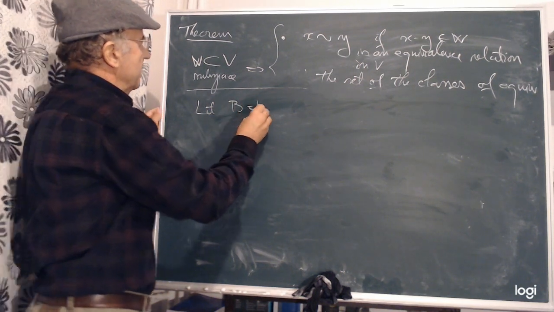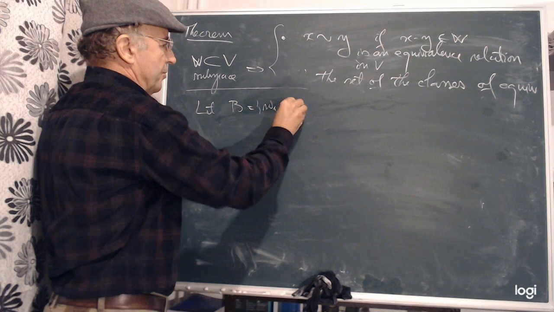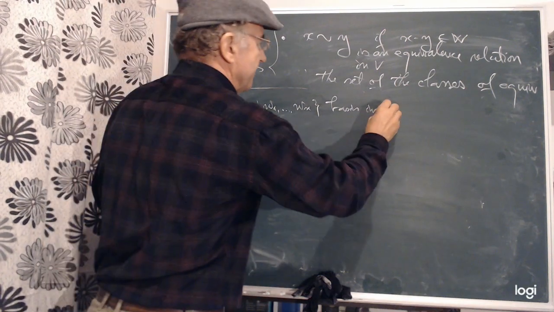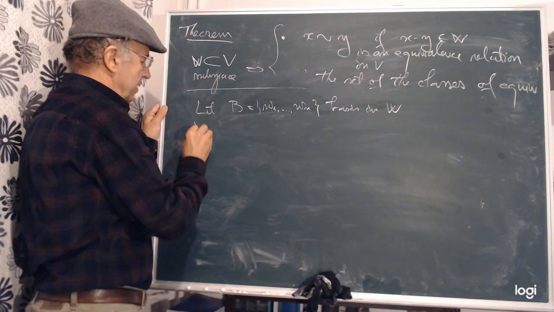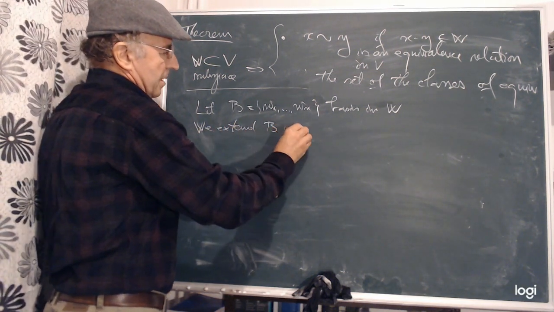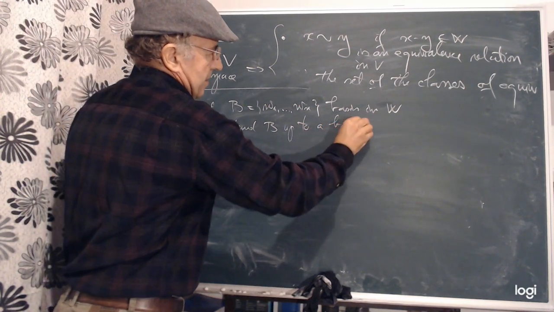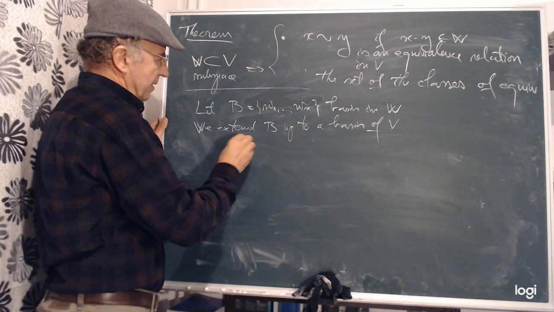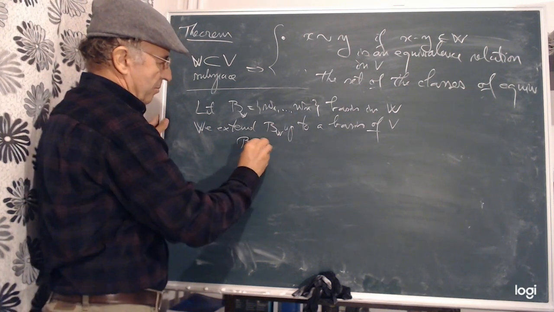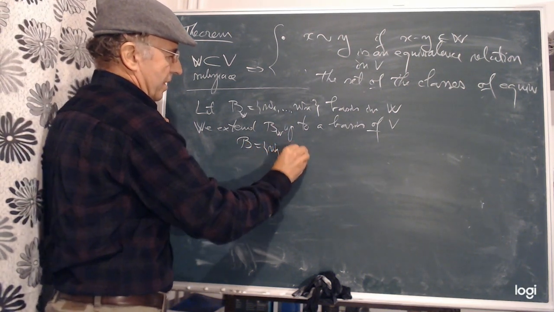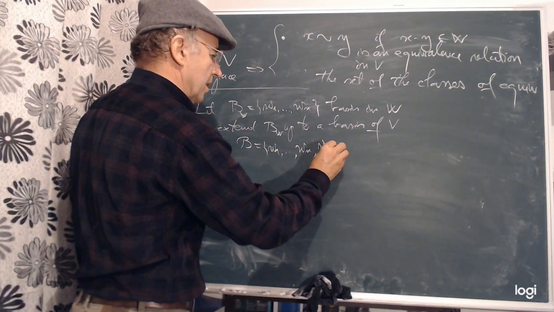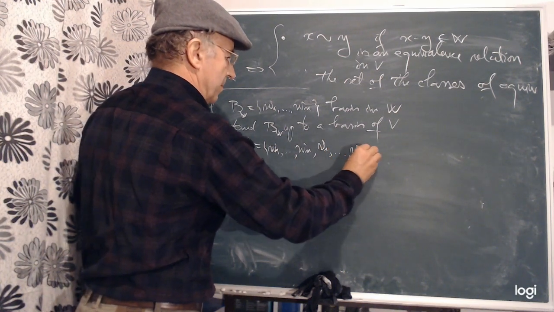Let B be containing the vectors W1 up to Wn, a basis in W. We extend B up to a basis of V, namely B, W1, up to Wn, and we add other vectors V1 up to Vk, a basis in V,